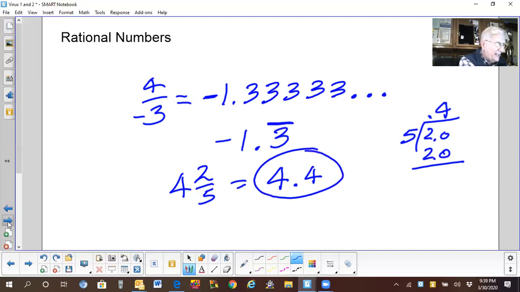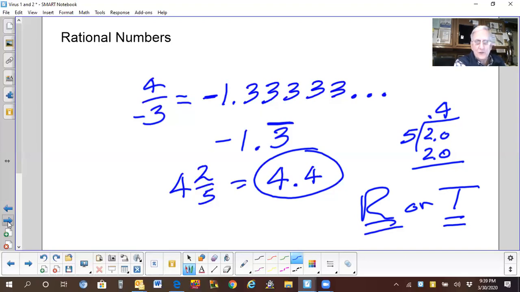So this decimal has terminated. How I usually have you show that on a test is if I ask you on the test, which you know I'm going to, what is the decimal behavior that occurs when you take a rational number and convert it to a decimal? One of two things can happen. It is either going to repeat, so you can put down a capital R, or it is going to terminate, a capital T. I will accept those as answers, okay? So I have no problem with you showing me a capital R or a capital T.